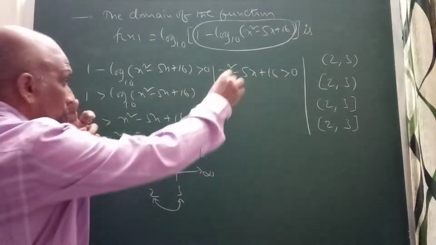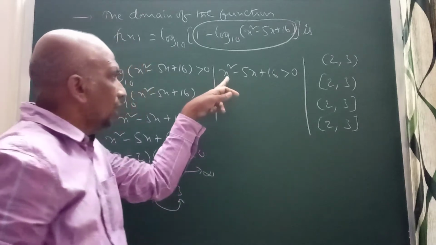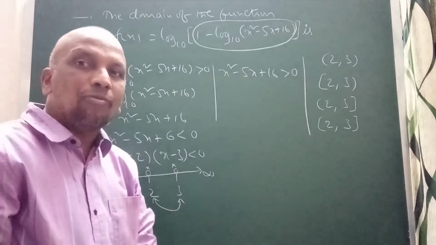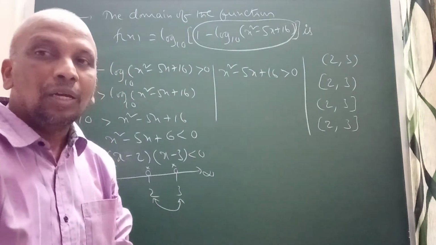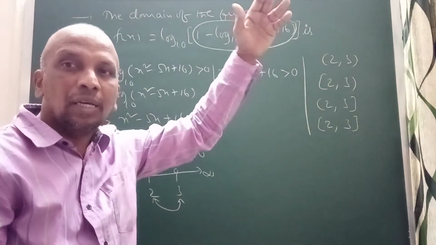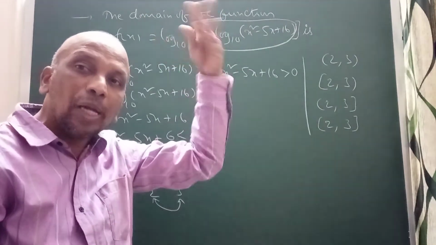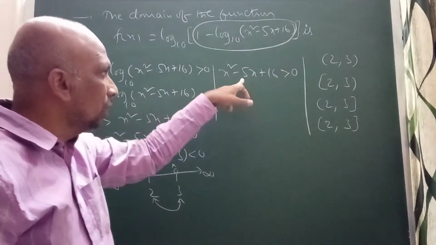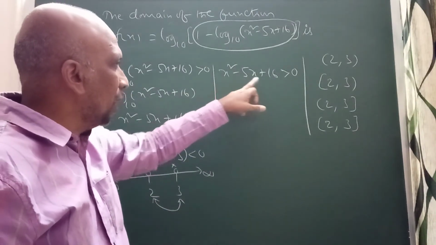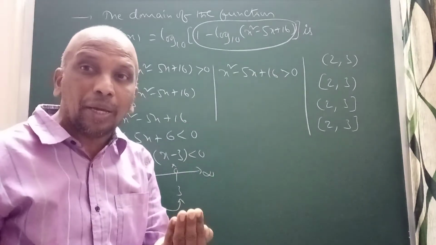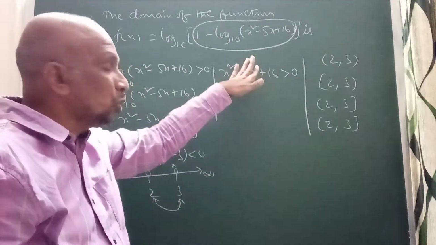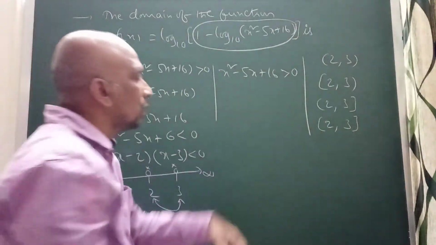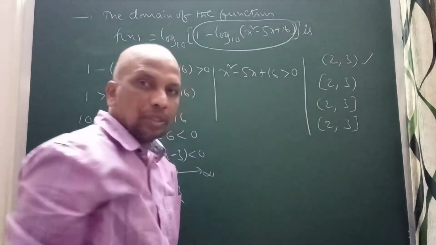But the same way, what about this one? It's a quadratic. X square coefficient is positive, upward parabola. Check with the discriminant. If the discriminant is negative, definitely this curve is above the x-axis and always gives positive for every value of x. That way you can decide. Just I'm giving an idea about the discriminant. You check, the discriminant 25 minus 64, you're getting negative, right? Clearly negative, that means this is true for every x. Then your answer is only the open interval (2, 3). You can decide. That will be your answer.